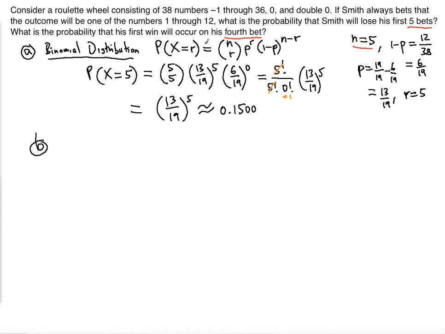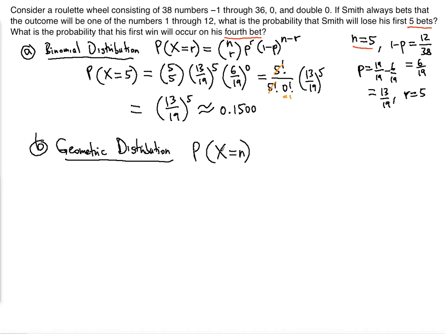So that means the first three trials will be failures. Right? So he's going to lose the first three bets and he's going to win the fourth bet. Right? So it's a little bit different than binomial distribution, but it's very similar in the notation. So this one will need geometric distribution. So the geometric distribution is similar because all we need here,